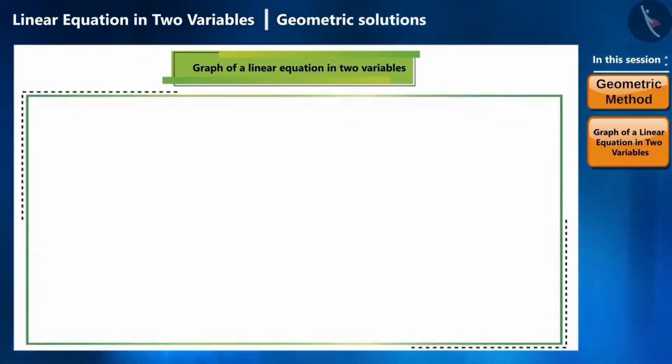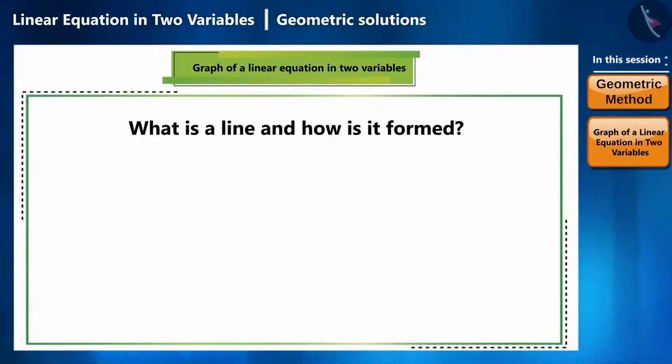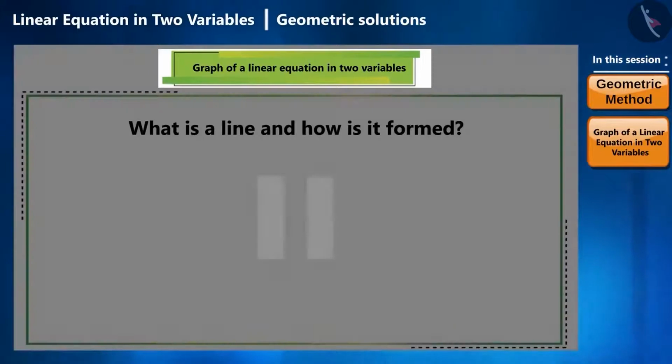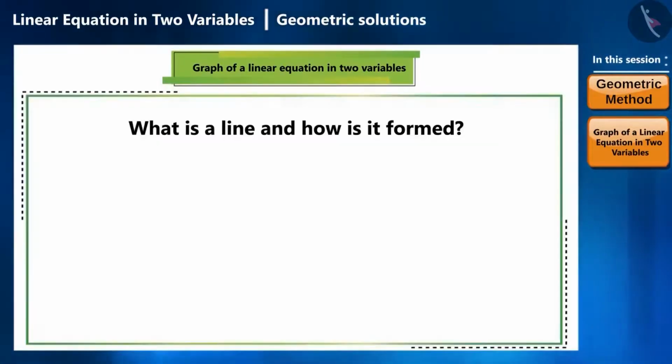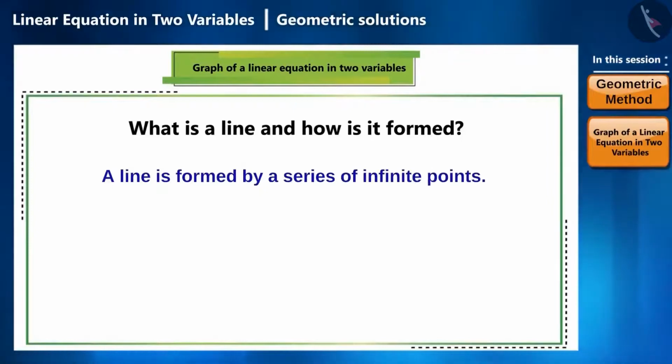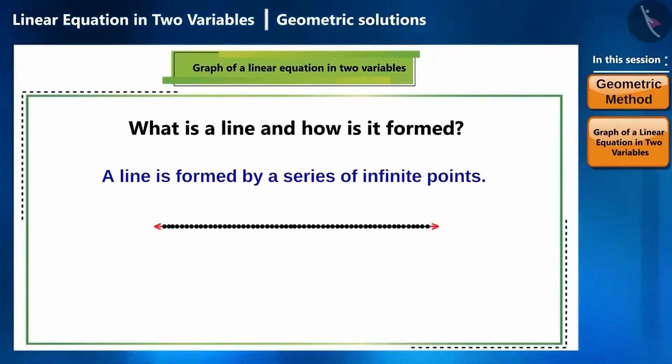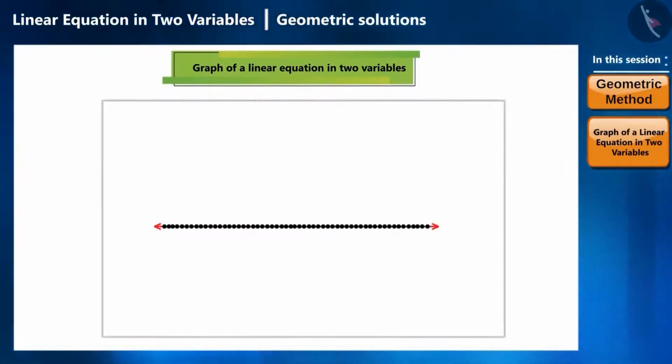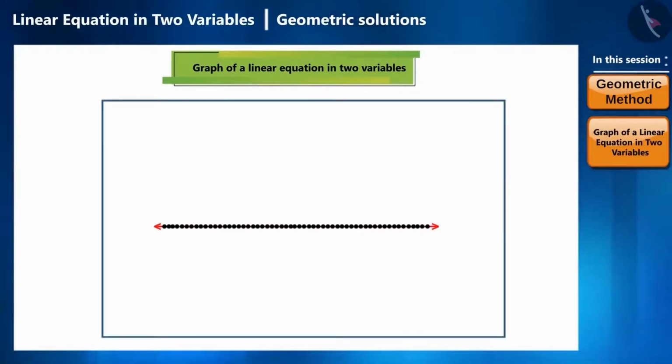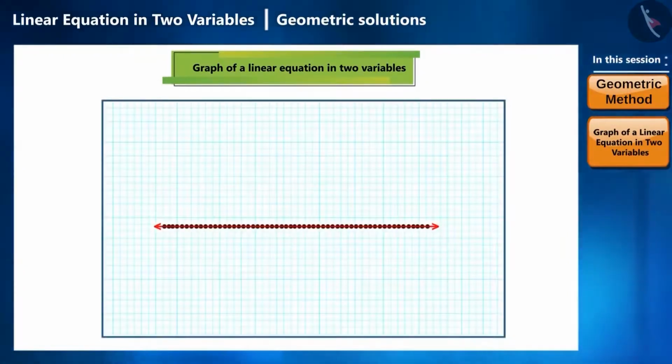Friends, can you tell me what is a line? Or what is a line made of? Or how it is made? Think about it for some time. Can we say a line is formed by a series of infinite points? Yes, that means if a line is a set of infinite points, that is, if we consider the graph, then